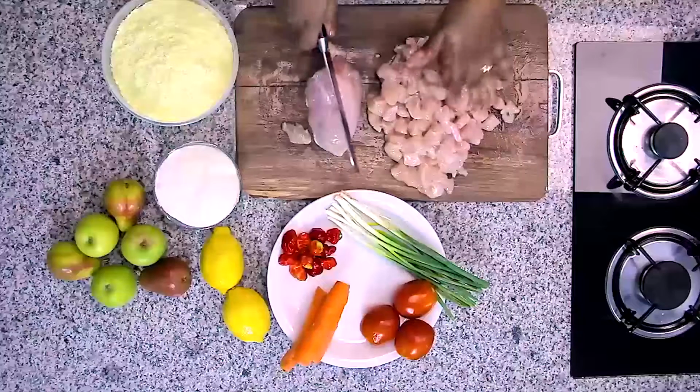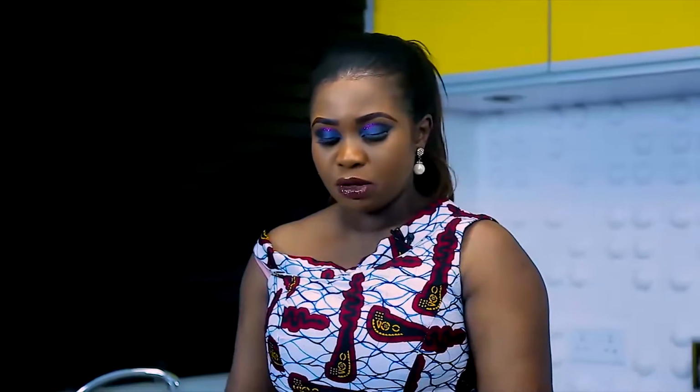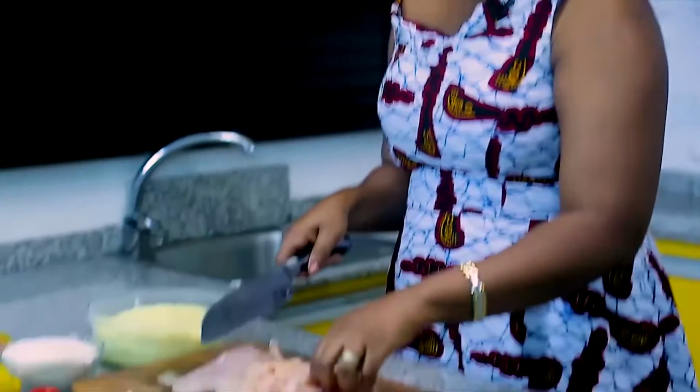Alright guys, welcome back from Azerbaijan. Alright, this is my shepherd's pie and the ingredients are quite easy. Normal shepherd's pie always has minced meat as part of its recipe, but today I am using chunks of chicken